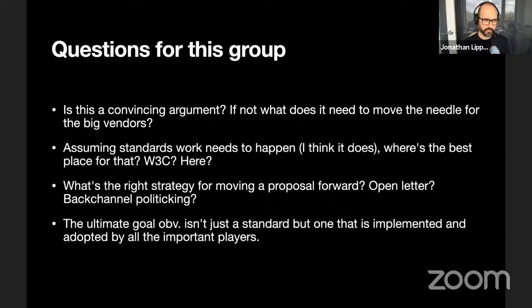I don't have relationships with folks at Apple and Google that decide these sorts of things, although I've tried over the years, but that's just not how the relationship between the open source project and these vendors has evolved. So I'm interested in thoughts and feedback that this group has about that. So that's everything. Thanks for giving me some time, and I'm curious to hear any thoughts or happy to answer any questions or discuss as well.